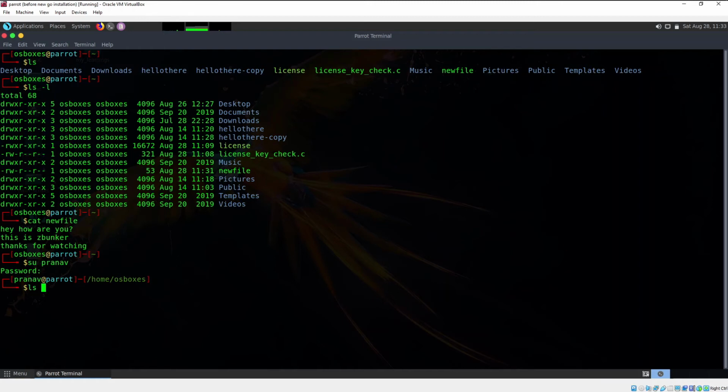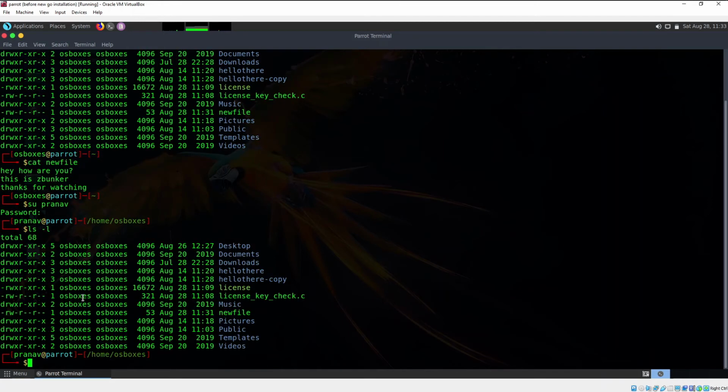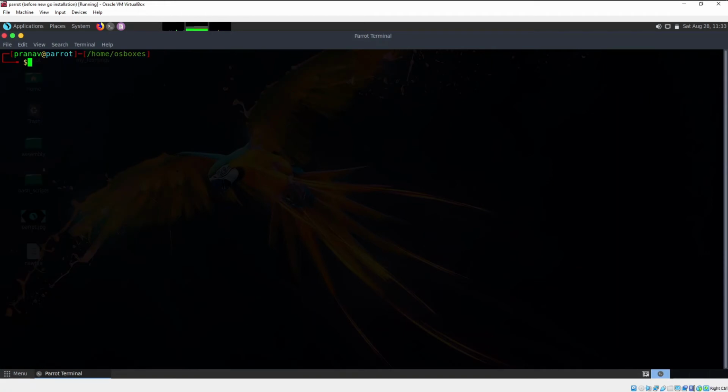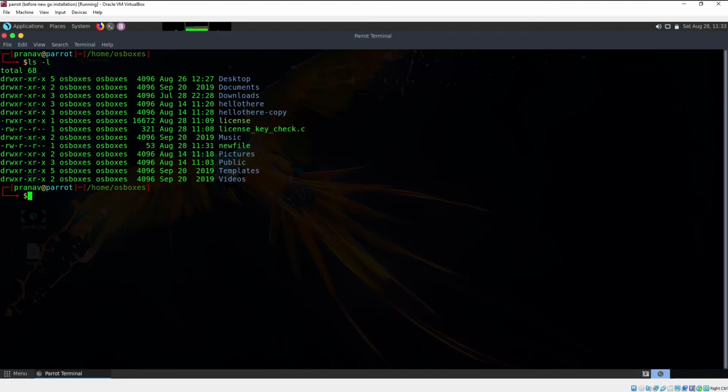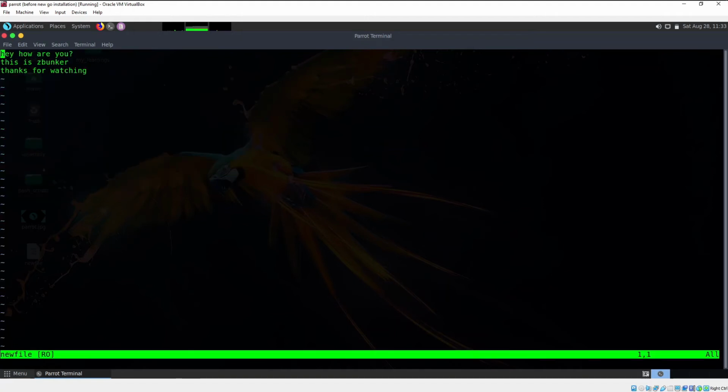Now let me hit ls space -l. Now I'm going to edit the contents of new file. Let me clear the screen and let me hit ls space -l again. I'll be using the nano text editor or VI text editor to edit the contents of new file. So I'll type VI space new file, and hit enter. Till now I can only read the contents. Remember, I had not changed into edit mode, and as soon as I change into edit mode and type something, say,